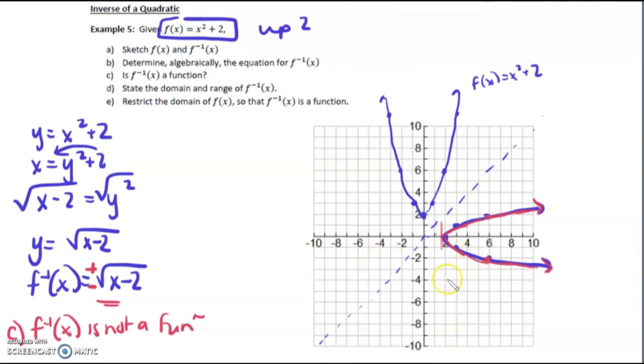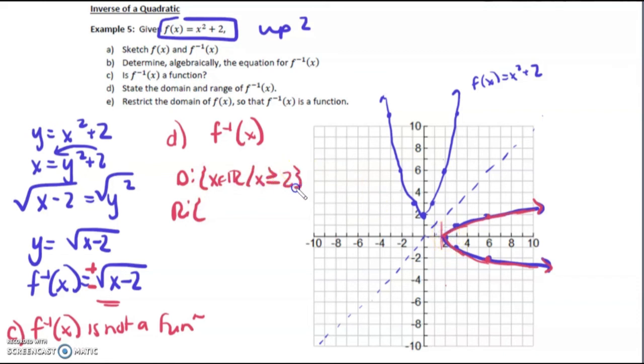But all the other points from above, 2 y's satisfy each x. Okay, so state the domain and the range of f inverse of x. The domain is going to be x in the reals such that x is greater than or equal to 2, and y is going to be